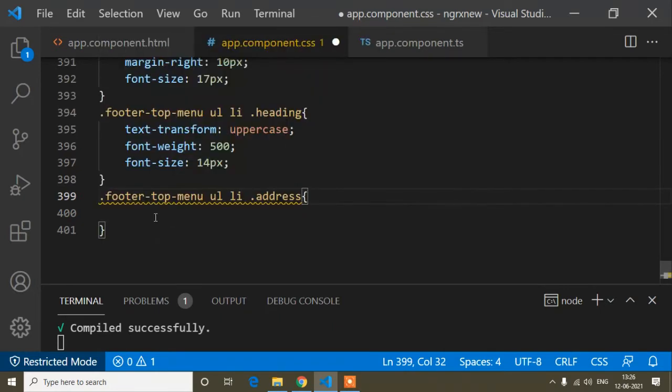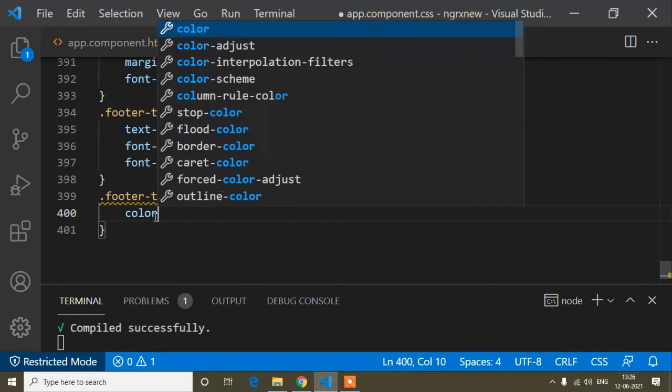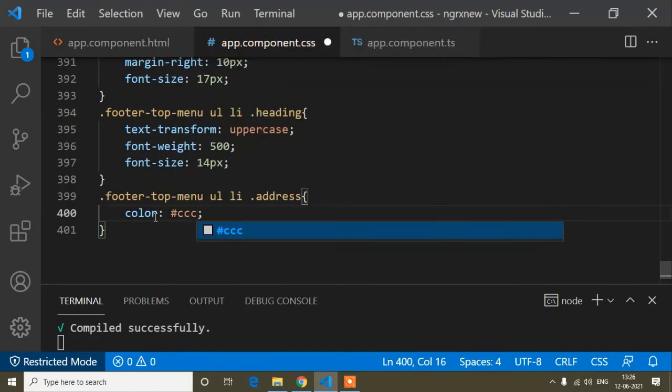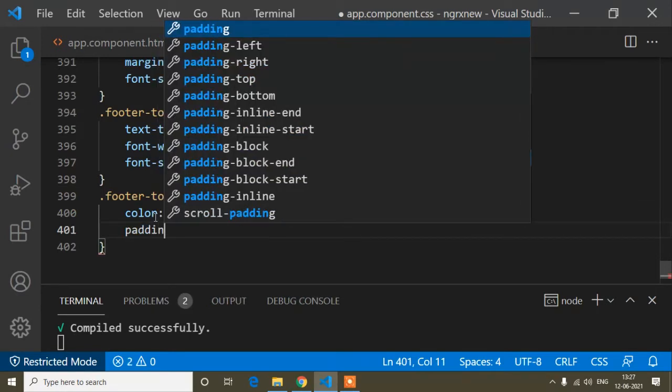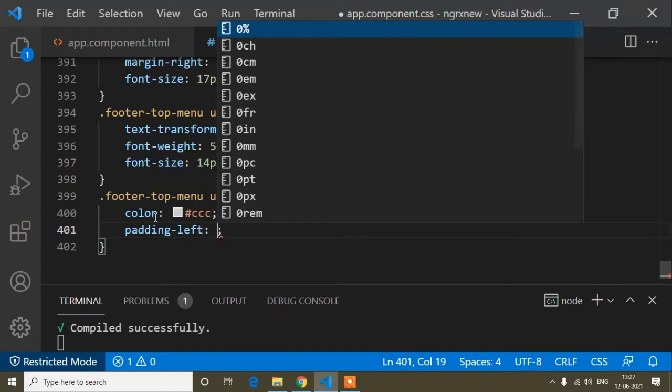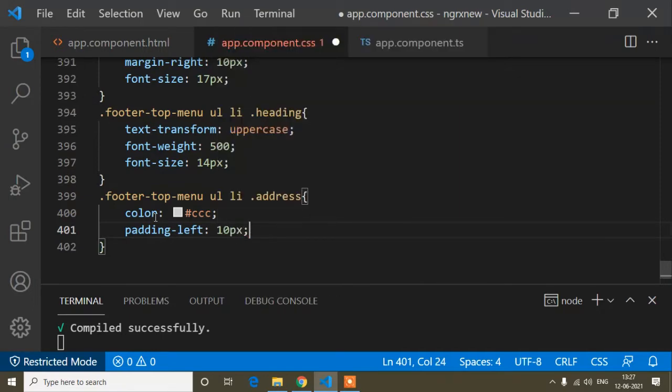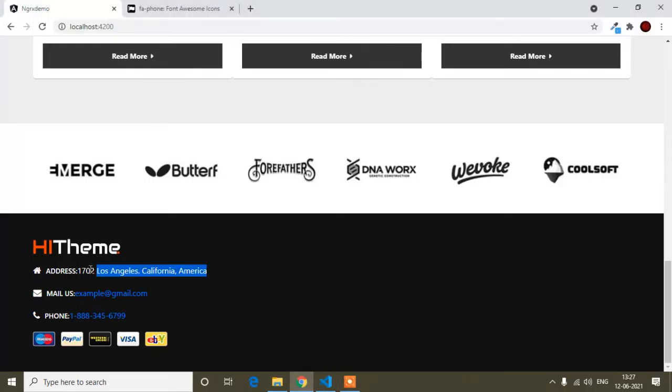The first I will change the color, so color is this color code, and after that here I will write padding-left. You can write margin-left here also, but I have written the padding-left, and the padding-left is 10 pixel, because here if I show, you can see the address and this one there is no space.